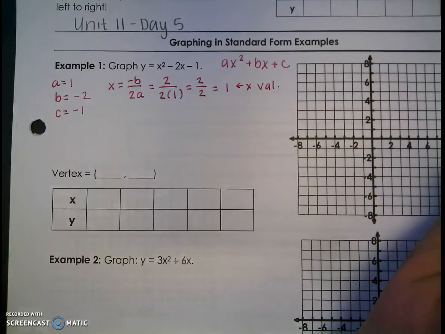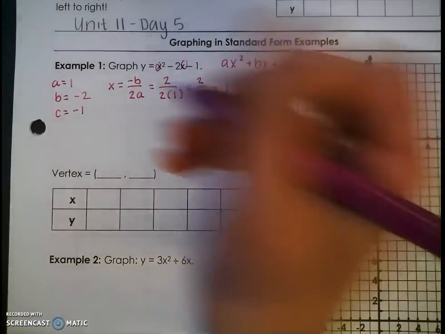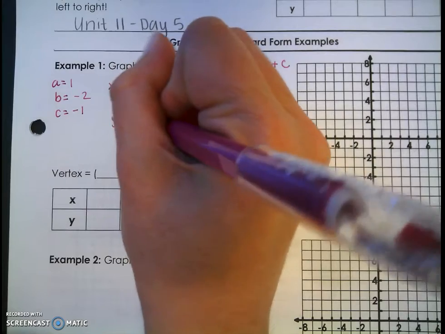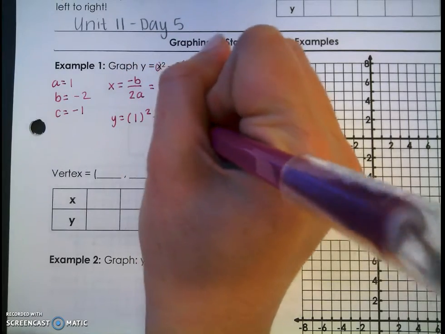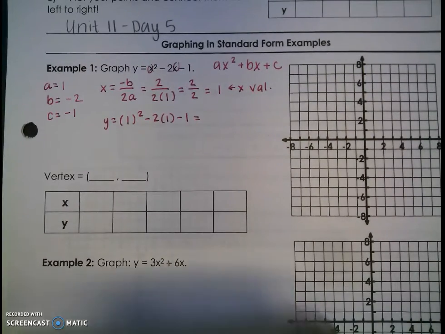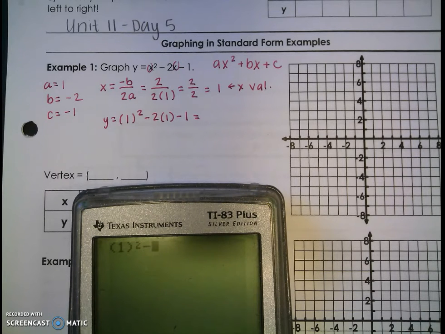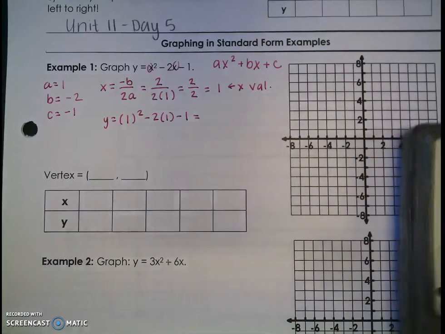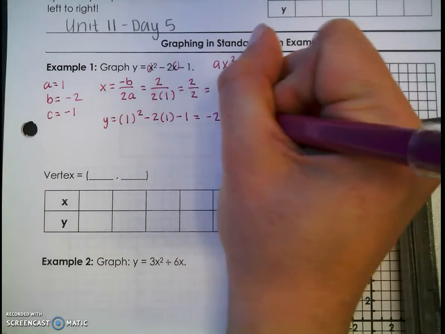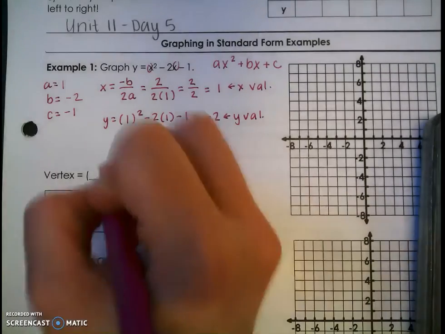To find my y value, I just take this 1 and plug it in for both my x's. So y is equal to 1 squared minus 2 times 1 minus 1. You can do that in your calculator. 1 squared minus 2 times 1 minus 1, which is -2. So that is my y value of my vertex. So my vertex is at the point 1,